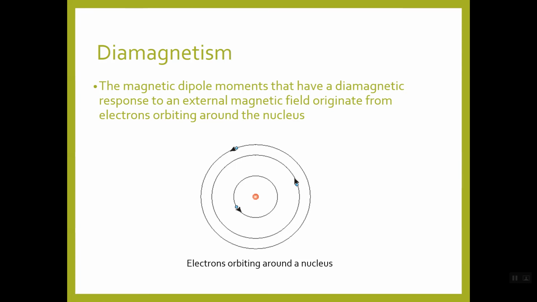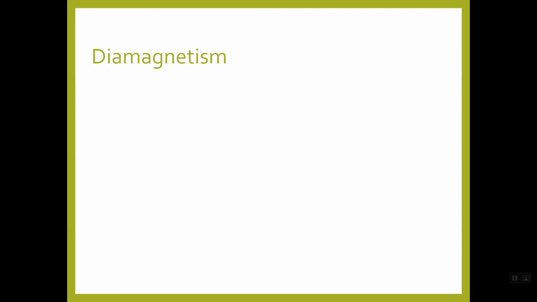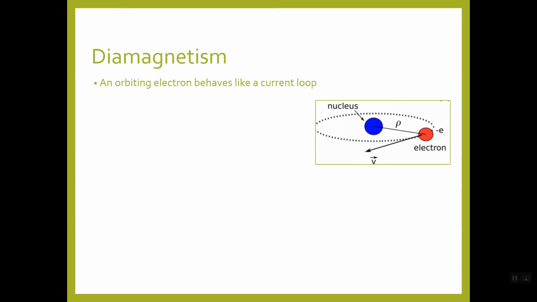Again, diamagnetic response meaning they will line up opposite to the magnetic field. So we're going to look a little closer at the diamagnetic response. We're going to model the orbiting electron